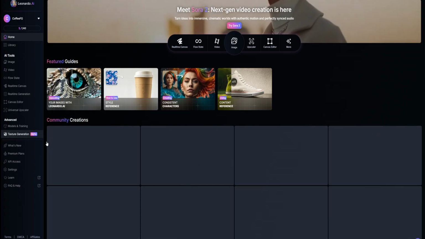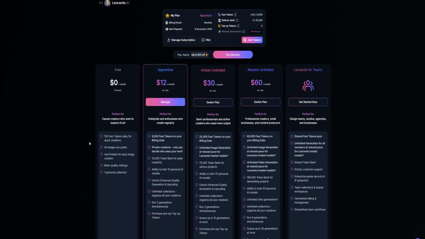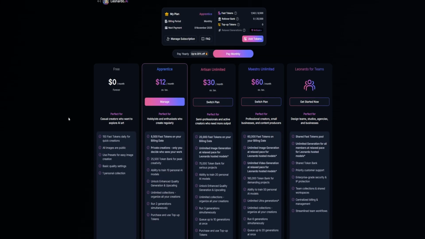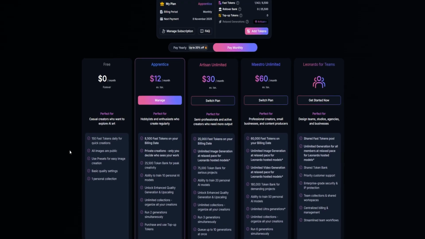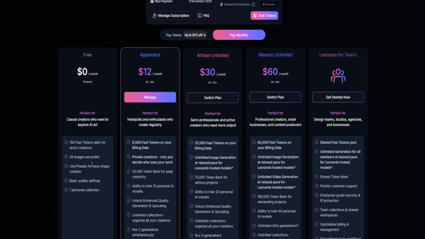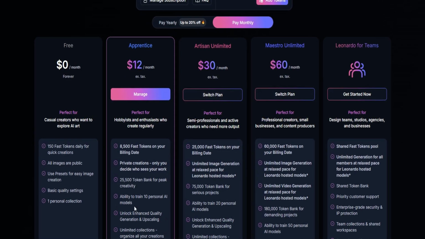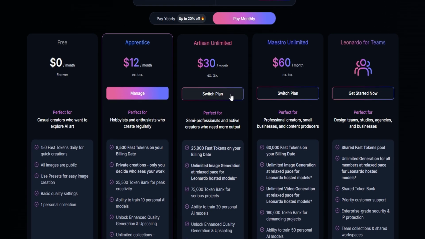The pricing, again, as we're just waiting for that other video to actually go through, I'll go through all the premium plans because these do change sometimes. So I am still on the apprentice plan. That gives me 8,500 fast tokens, and I have a rollover of tokens as well if I don't choose those tokens. I think realistically though, if you are going to be using AI, you want to be going on to